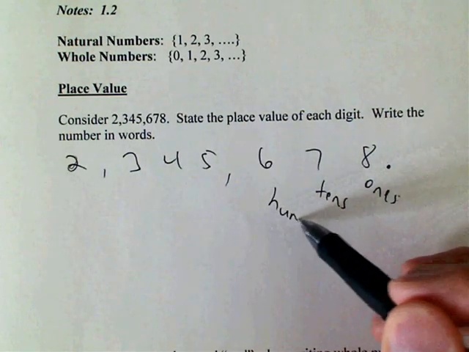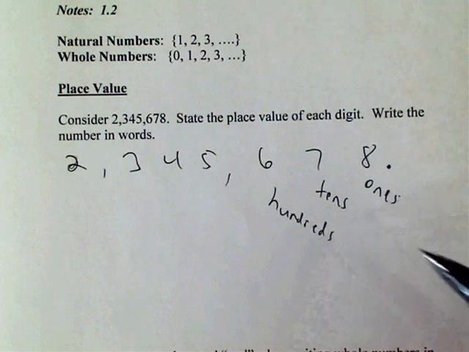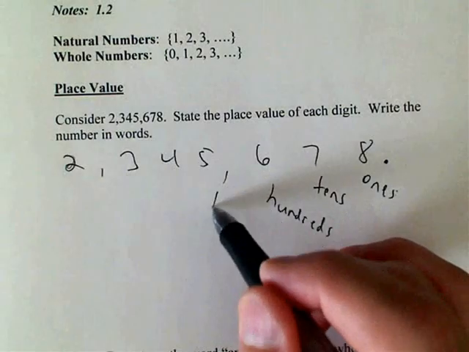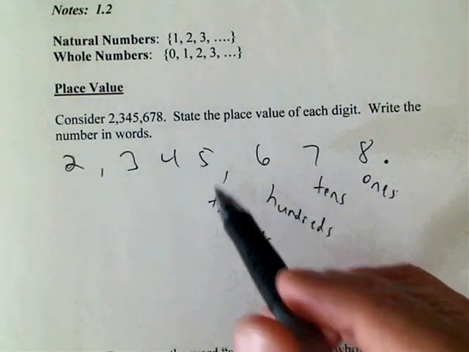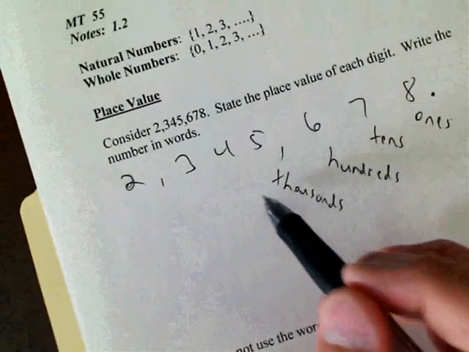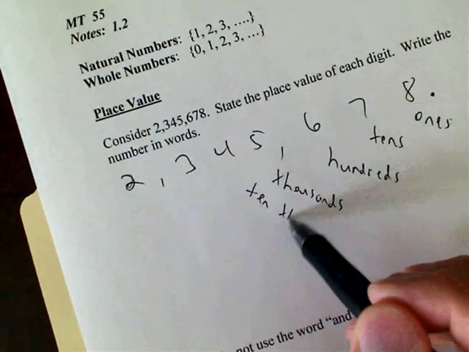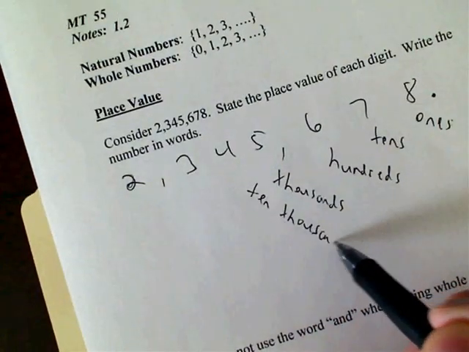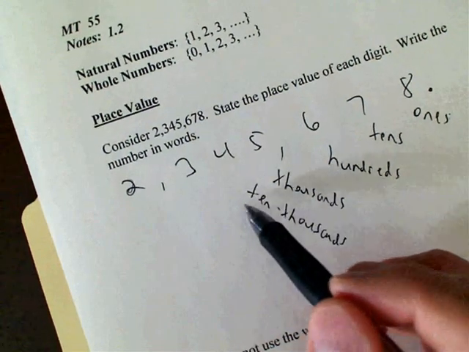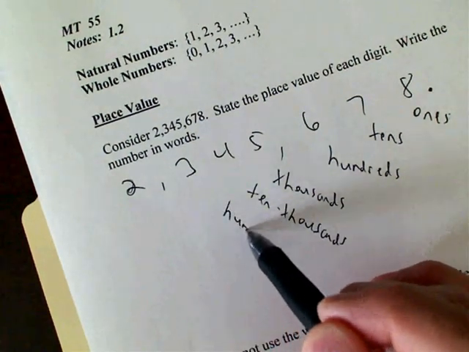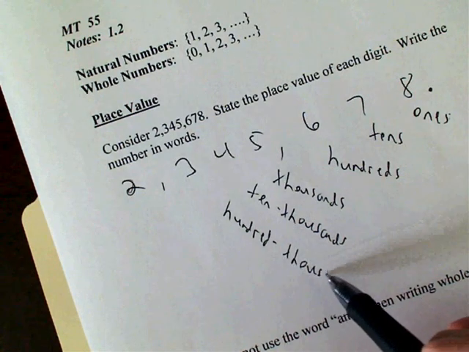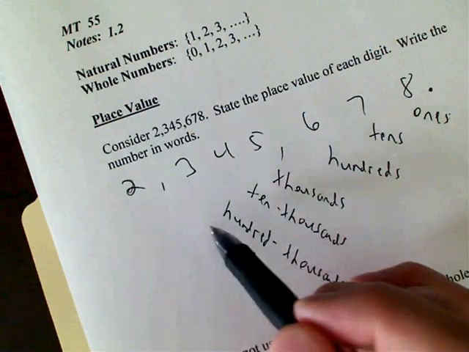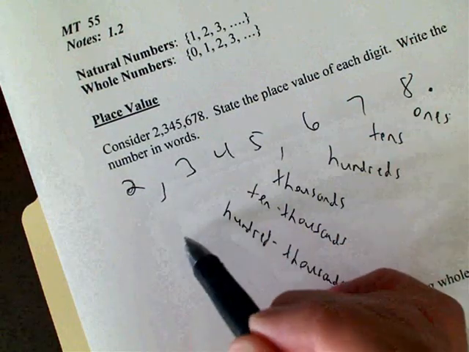6 is in the hundreds place. 5 is in the thousands place. 4 is in the 10,000s place, and the 3 is in the 100,000s place. And then we come to the 2. The 2 will be in the